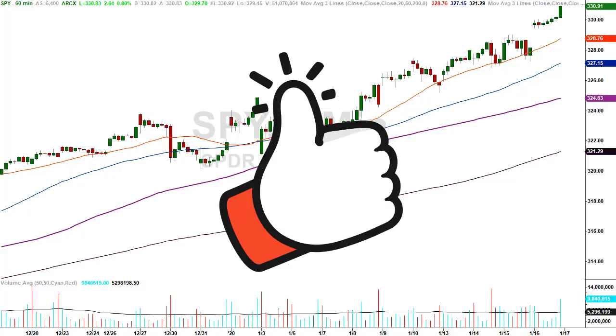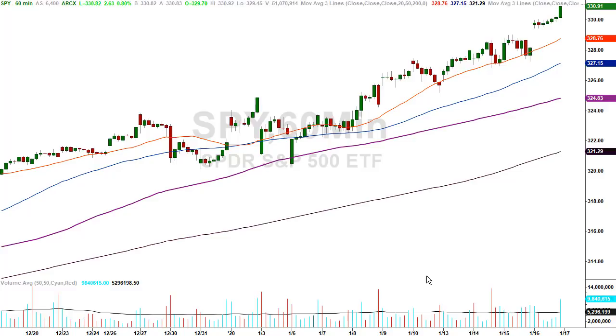Let's just say that the Lupinacci Vector flashed the same buy signal that we got based on what you learned from me and what I teach to you. So therefore, the Lupinacci Vector indicator worked. So if you're using the indicator, you saw that it worked, you made money, therefore it works, you're happy, life goes on. You fire up the indicator the next time, it fires a buy signal, and it doesn't work.